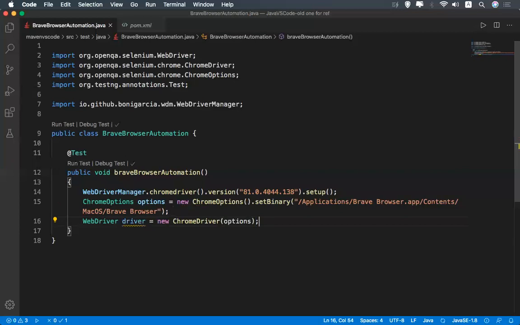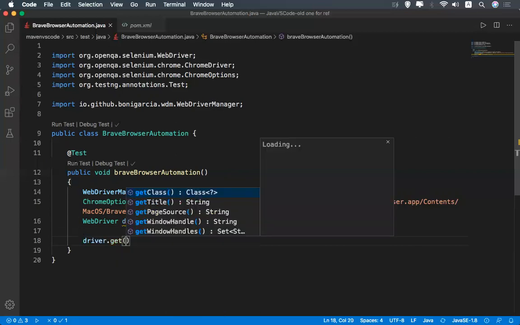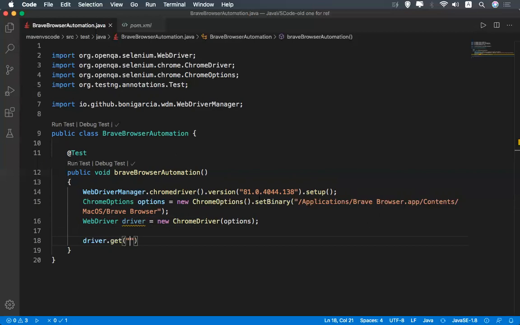After this, everything is as usual. driver.get, and I'll take the URL, http://demo.automationtesting.in.